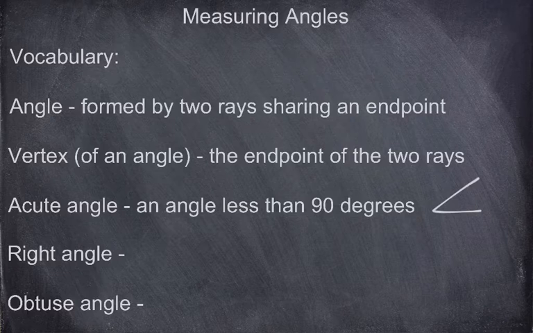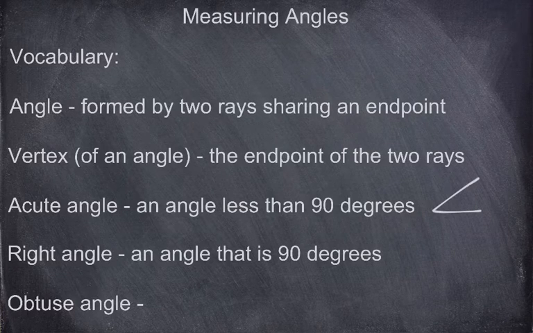Now a right angle, or what is a right angle? A right angle is an angle that is 90 degrees. So 90 degrees basically makes like an L. So this is what a right angle is. Therefore, that's why an acute one looks the way it does, because it's less than that right angle right there. So here we have an acute angle is less than 90 degrees, a right angle is 90 degrees,